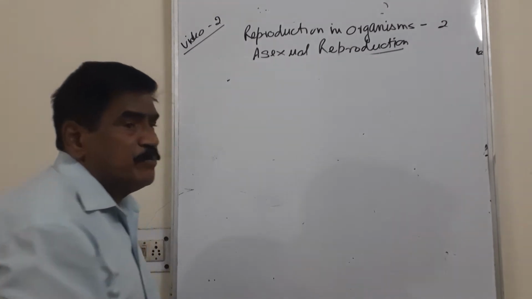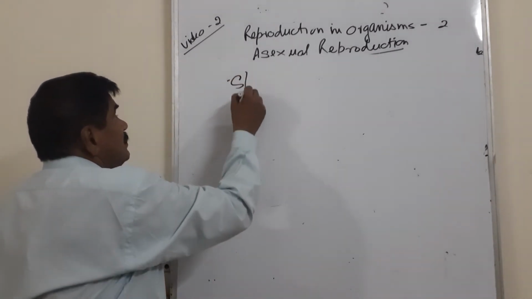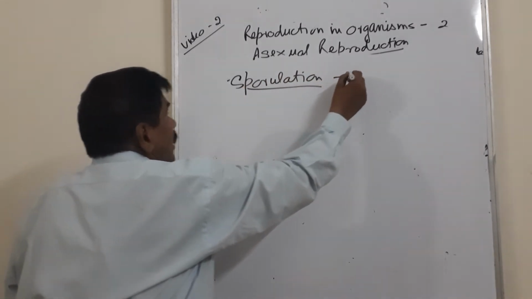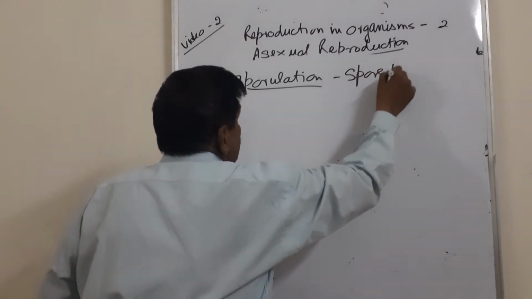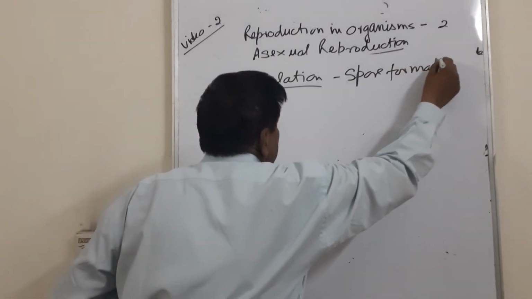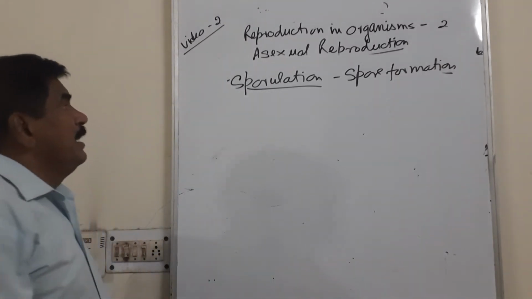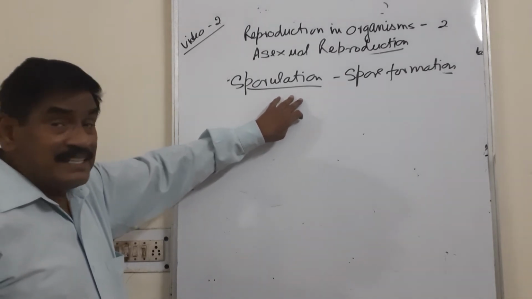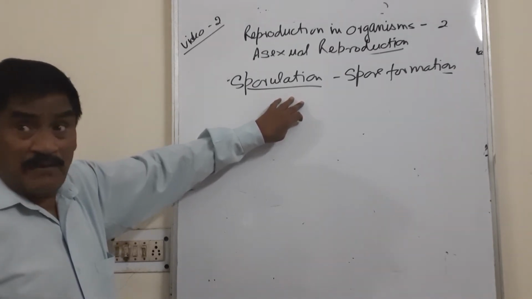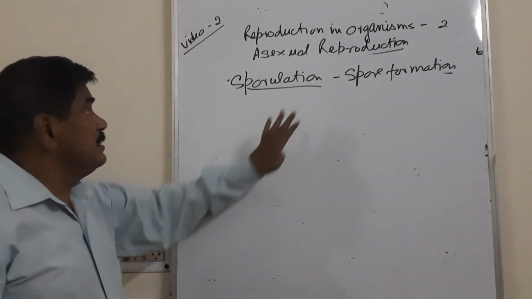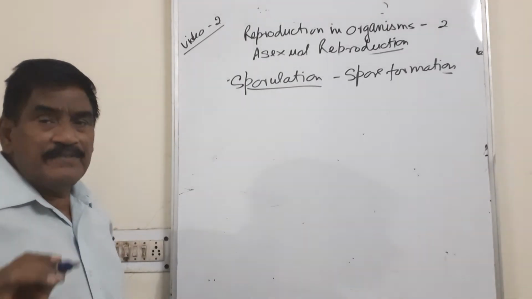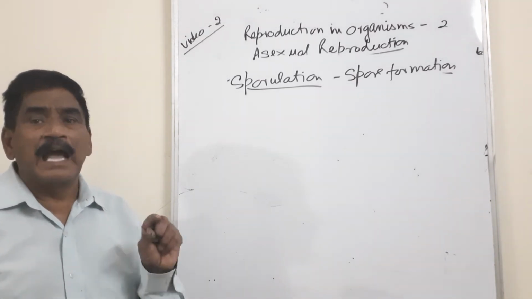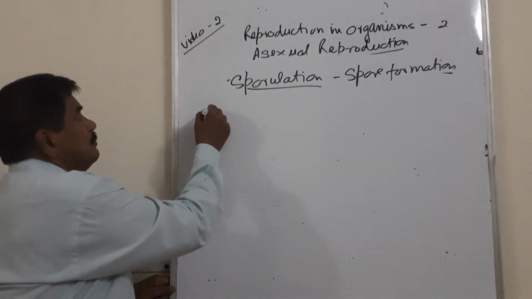The sporulation. Yes, sporulation. That is the spore formation. See, in different individuals, that is lower individuals, say lower fungi, or algae, or some very unicellular algae like Chlamydomonas, spores are formed. Now, spores are of different types, depending upon the different environmental condition, different habitat. Say, spores may be